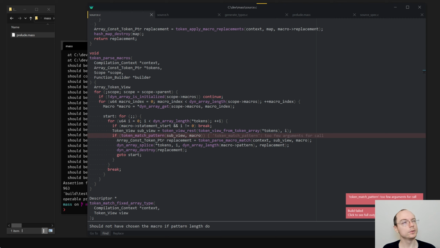I could also create those lazy expression tokens maybe, but let's keep it like this. Match dynamic array make of array token view, and let's clean up after ourselves, destroy match.